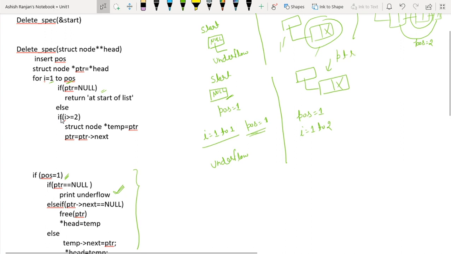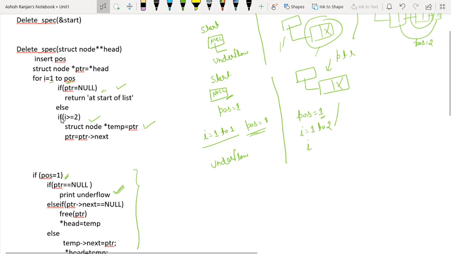So this else case will execute, but this else case will not take it at the second position because I want to delete at position number 1 only. Okay. So in second case, what will happen? That this if condition will not execute and this case will not execute.